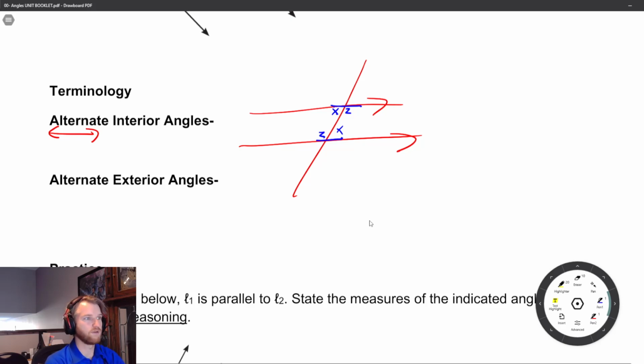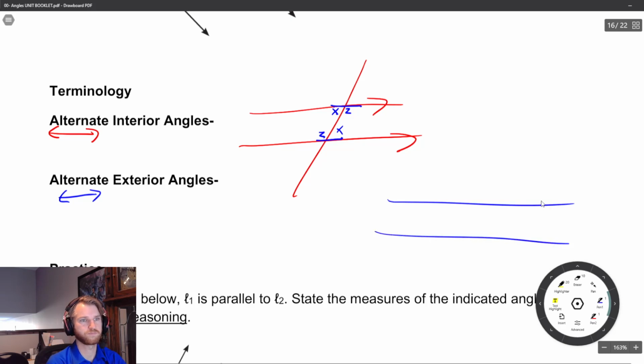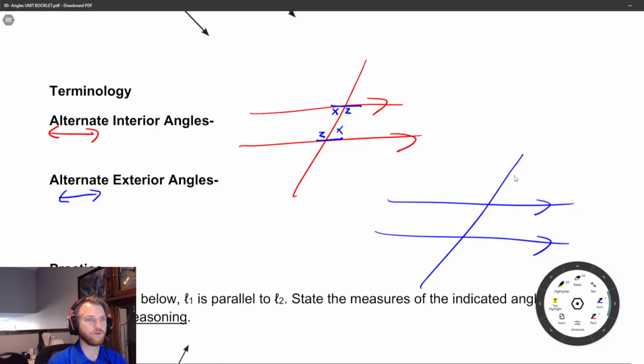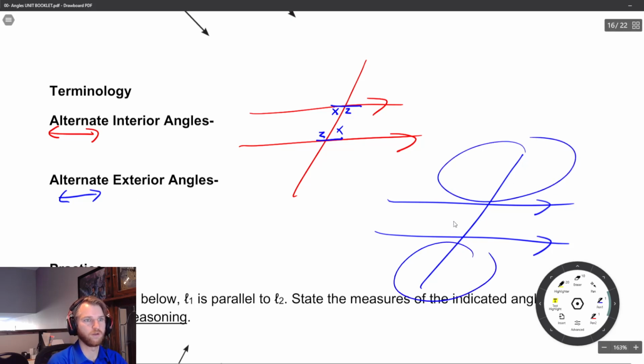Alternate exterior angles is exactly what it sounds like as well. Okay, they're on opposite sides because they're alternate, but exterior now means they're on the outside. So if we have two parallel lines, I've got a line going through them, we call this line the transversal. On the exterior, so now we're talking about on the outside, not on the inside here,